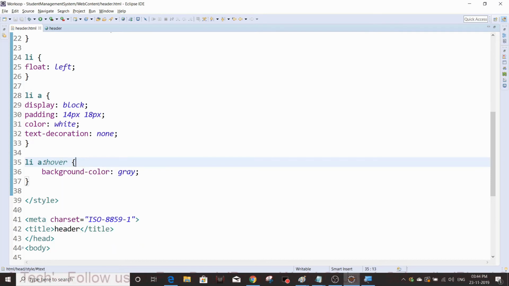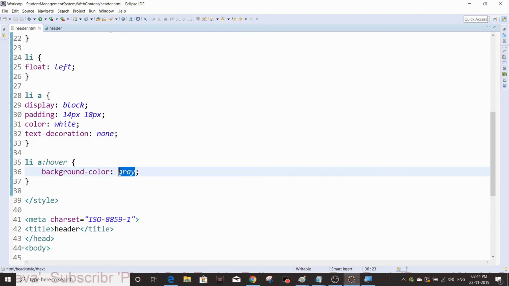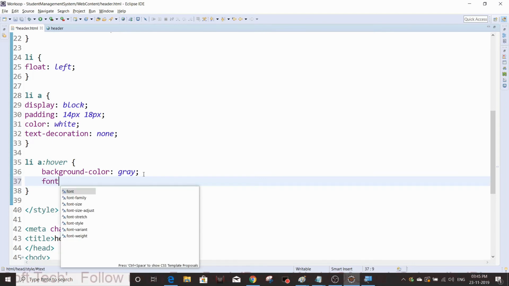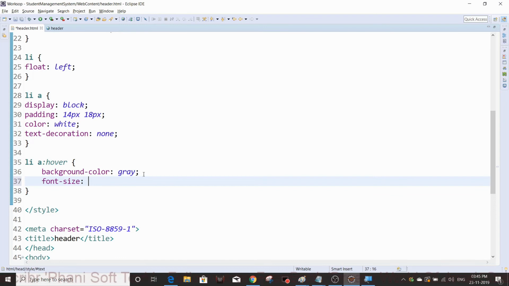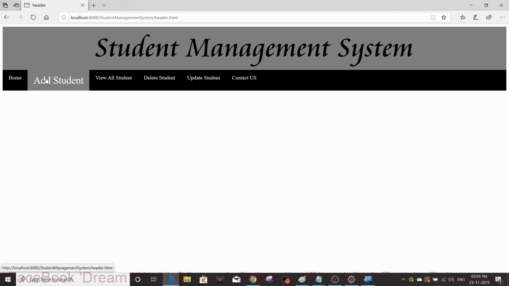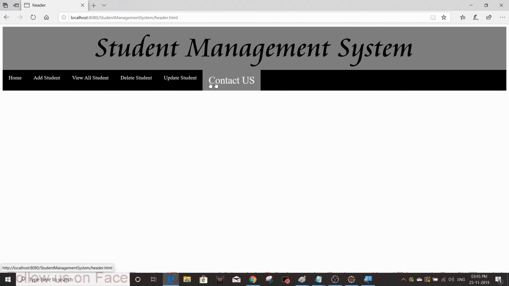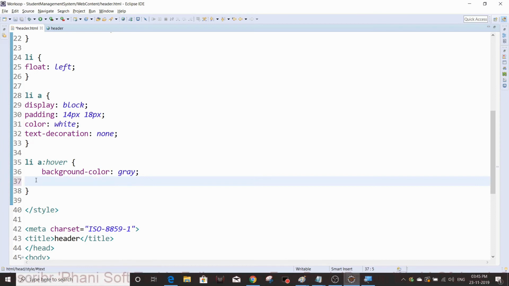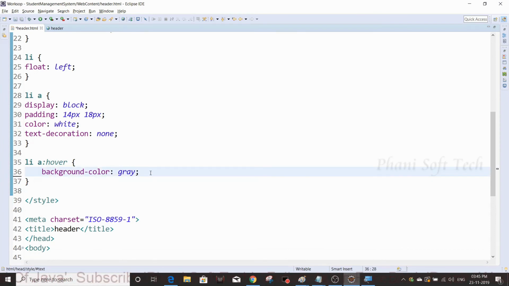So after hover, in the sense, if I put the mouse pointer on the element, then what will happen? Like that we are going to give. And I need to change the color also. If you want, you can change the color. Or if you see here, font size, I'm going to give a font size of 30 pixels. See the magic. Refresh it. See now, automatically the font will change. This is called CSS tricks. Okay, as of now that's not good, so I'm going to remove that. So finally my header is ready.